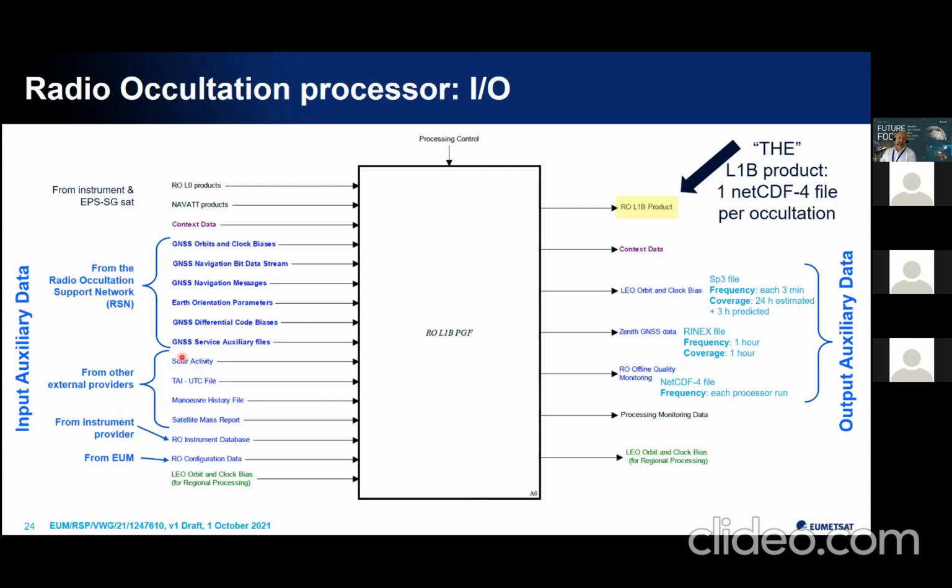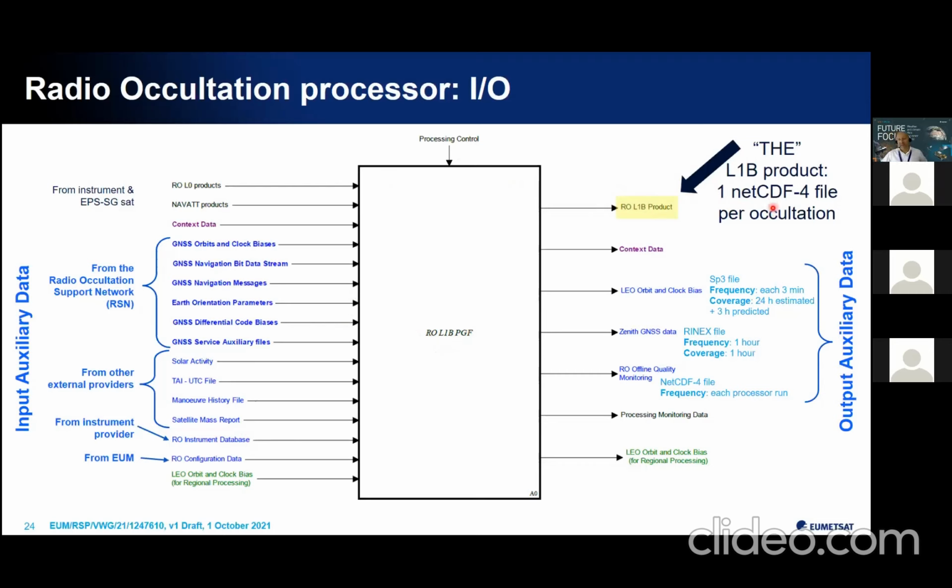But then we also need other kinds of auxiliary data, in particular for the precise orbit determination: the solar activity information, the maneuver history file, and the displacement of the center of mass of the satellites in the satellite reference frame, which is stored in this satellite mass report. We also need to know, through the instrument database, where the antennas are displaced within the satellite reference frame. So altogether, they are processed by our processor to generate our product, the level 1B product, which is